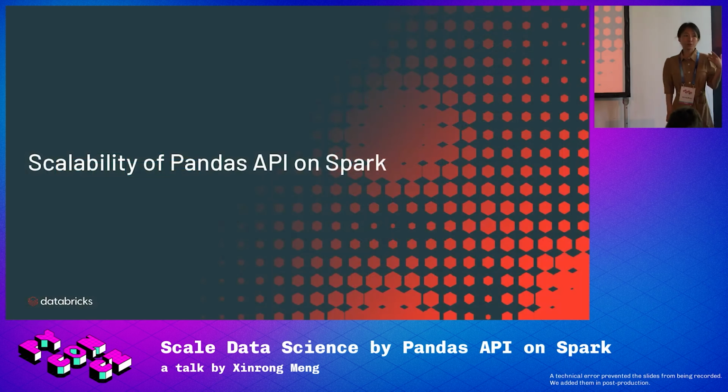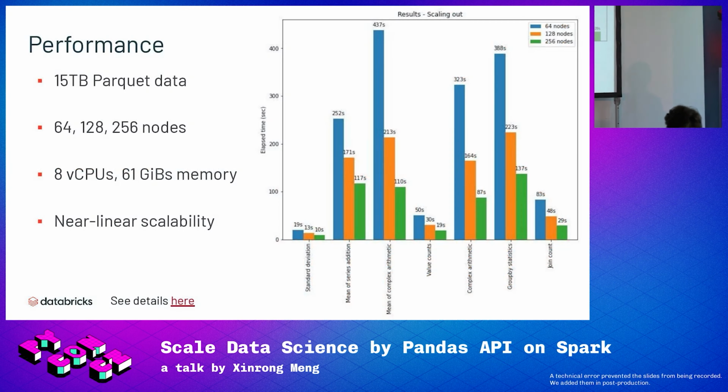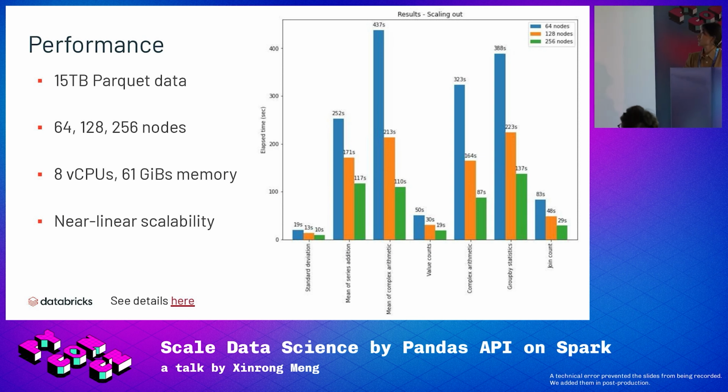So that's all I wanted to share about the internals of Pandas on Spark. Now let's explore the scalability of Pandas on Spark. Using Pandas on Spark, we found it scales very well across large clusters of nodes. We conducted benchmarks against common statistical operations, such as standard deviation, median, and mean, and also the group by and